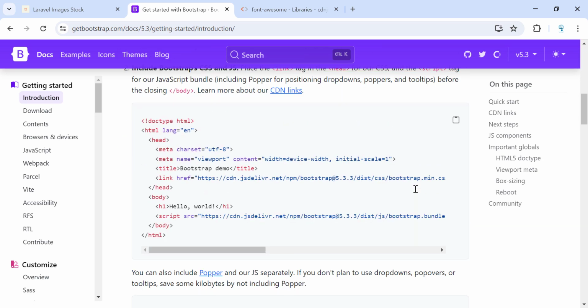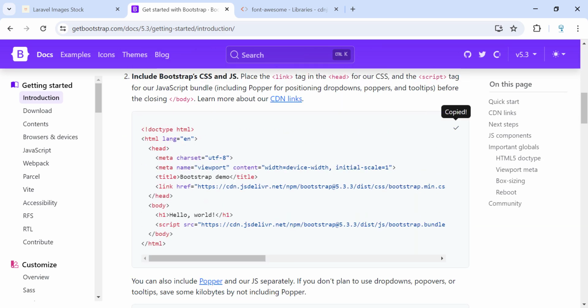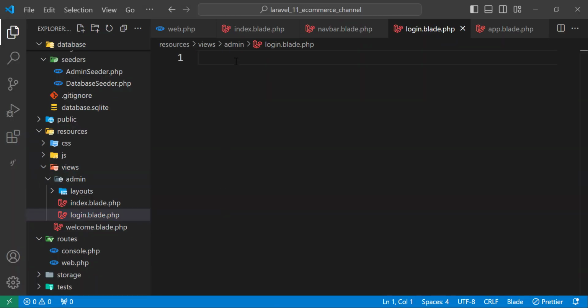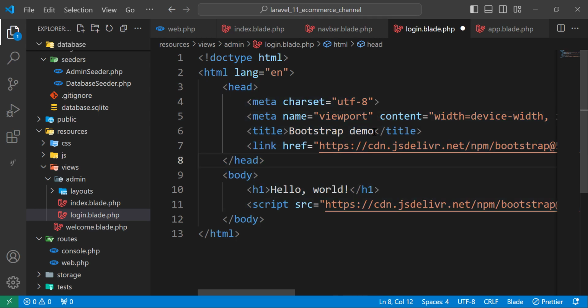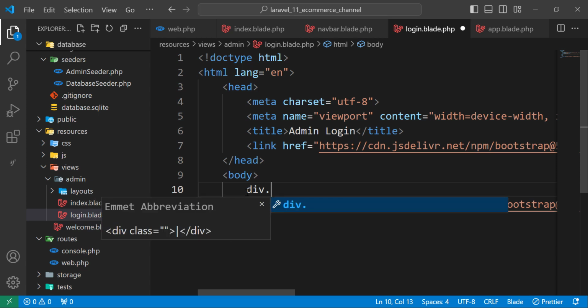We will only copy and paste this one, and here let's change the title to admin login, and here let's remove the hello world, and we will add